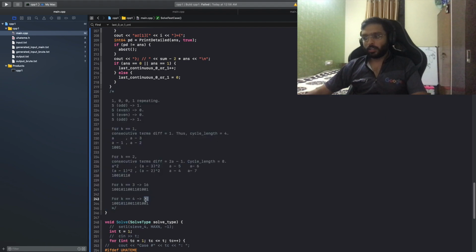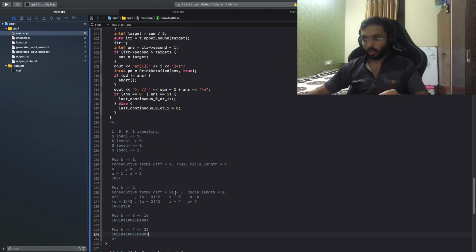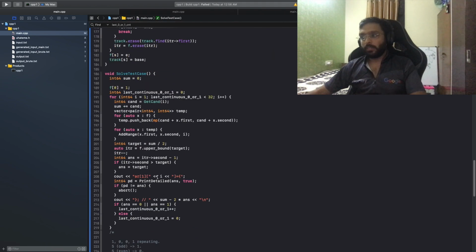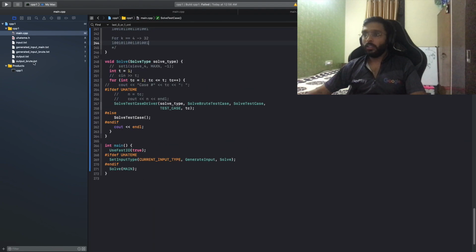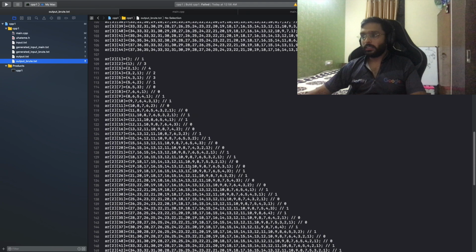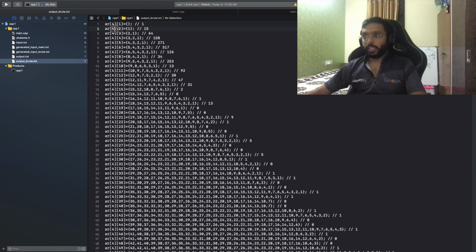When I realized that for k equal to 4, the cycle is actually 32, that means I need, for continuous 32 numbers, the value should be 0 or 1. I updated my knapsack to output the result. Ultimately, what I'm getting is, for k equal to 4 and n equal to 1, the answer is 1, n equal to 2, the answer is 15, n equal to 3, the answer is 64, n equal to 4, 158, and so on.